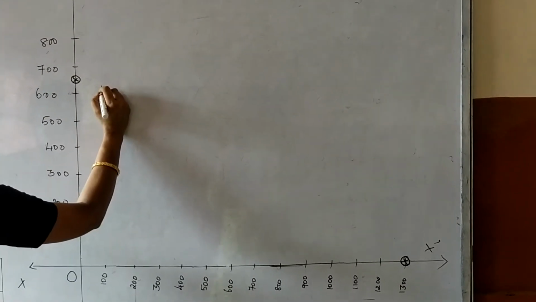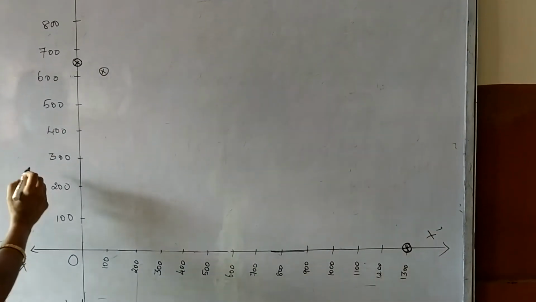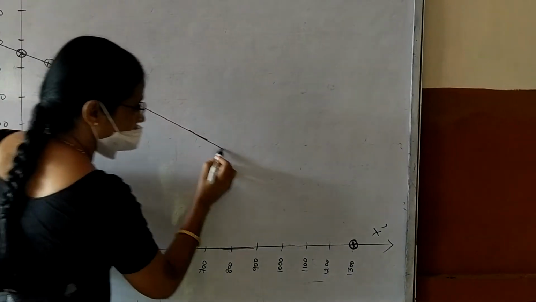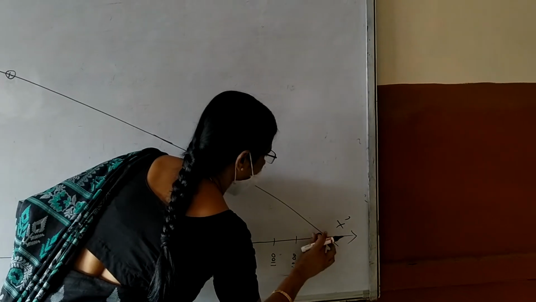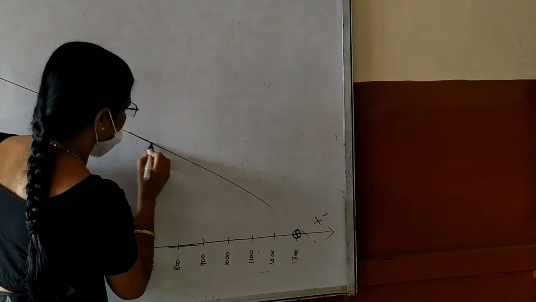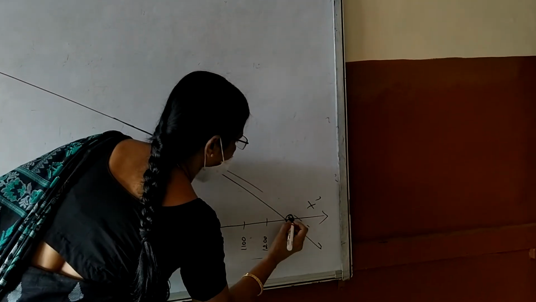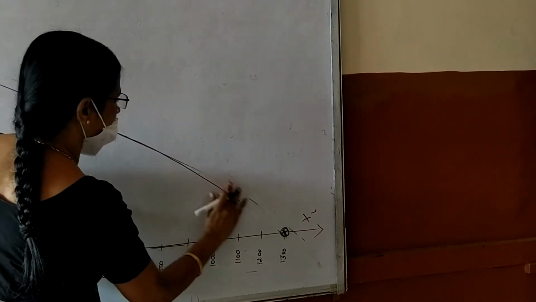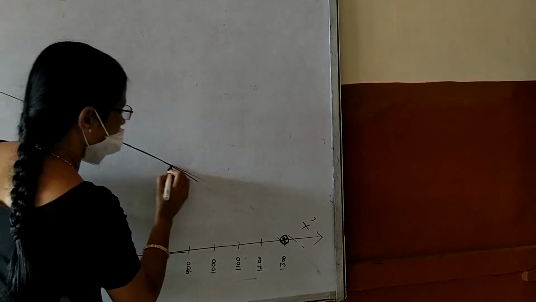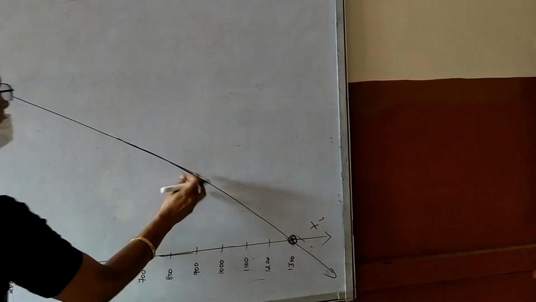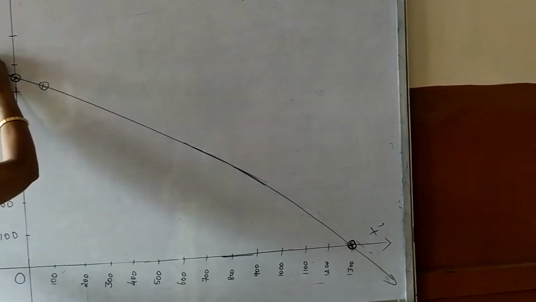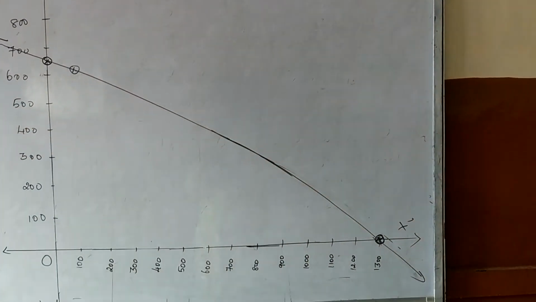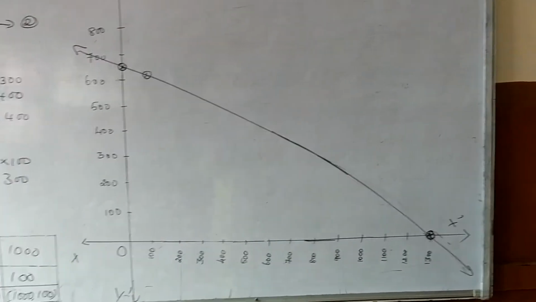You can see all these points should lie on a straight line. So we draw a line. As I told you before, please use a ruler and then draw the straight line. We know the graph of any linear equation represents a straight line. The board is very smooth, so it is difficult for me to draw a straight line, but your graph should not be like this. It should be perfectly a straight line. Okay. Then the second table.